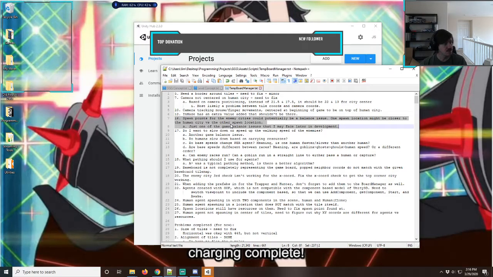I don't know how much more I can do to kind of fix this particular problem because right now I have the city in randomization,